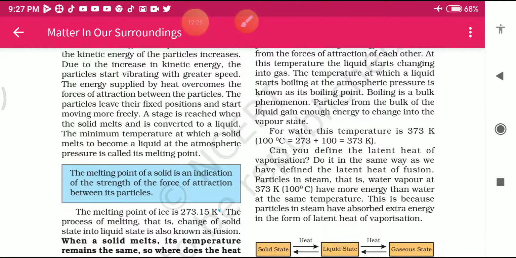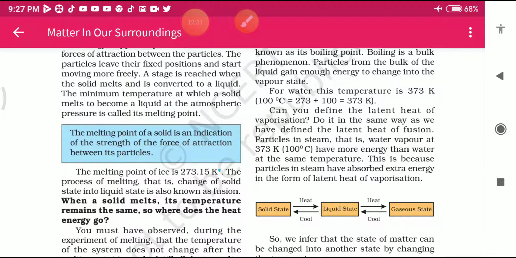Now, in the last paragraph, it is the latent heat of vaporization. Simply, students, vaporization means when the water is converted into steam, that is called the latent heat of vaporization. Now see here,